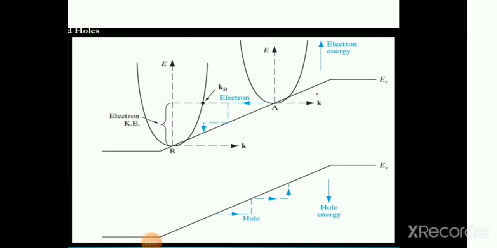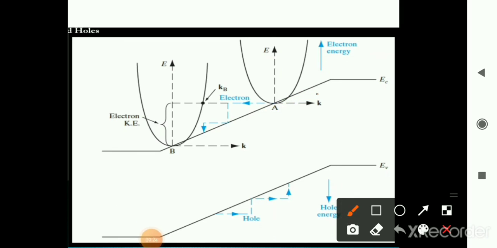So after giving the electric field, we said that the straight line will be converted into a slope like this. The slope depends upon the amount of electricity applied, the amount of force that we apply. They are not always a straight line, sometimes they may tilt. That depends upon the type of electricity applied as well as the amount of electricity applied.